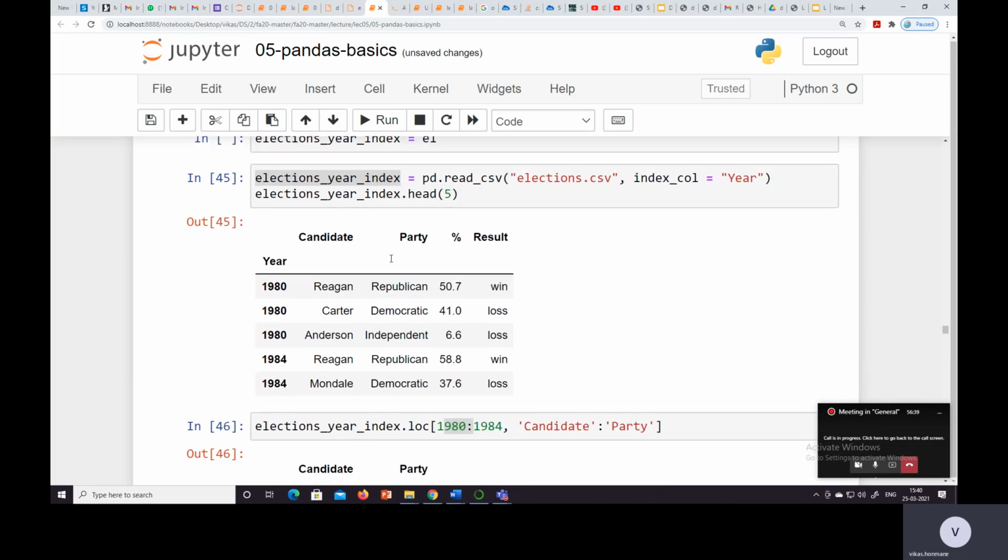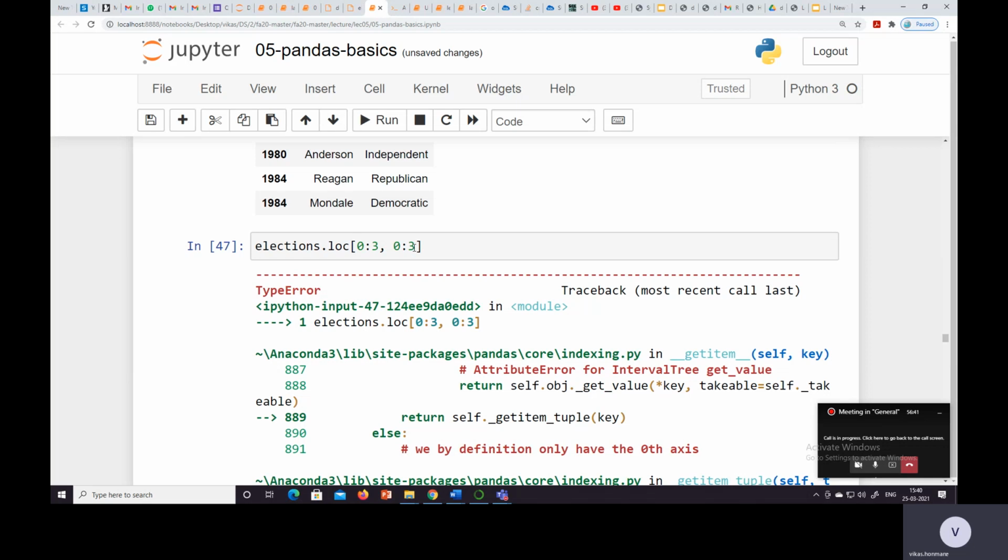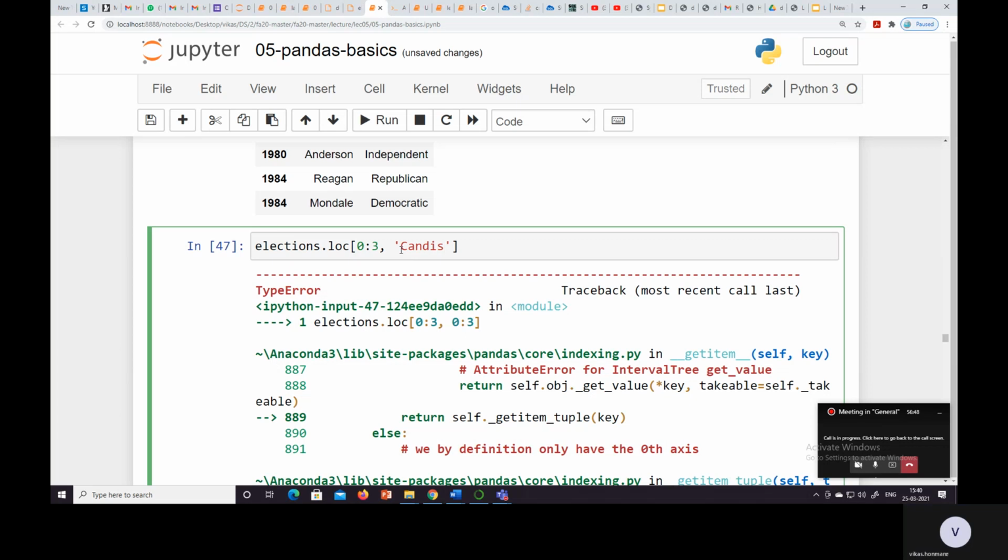Here we cannot do the indexing on the columns.